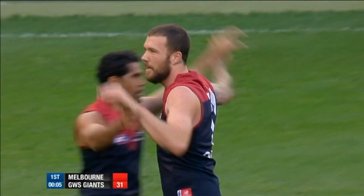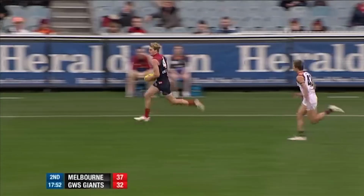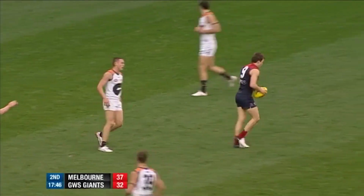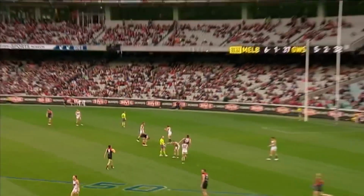For Mitch Clark. Scully goes to the outer side. Watts is out there. Takes it and breaks away. Look at him go. Runs away from Wiley. Kicks down towards the 50. Beautiful finish too. About 40 metres out, Trengove has taken the mark and will turn around and line up, and